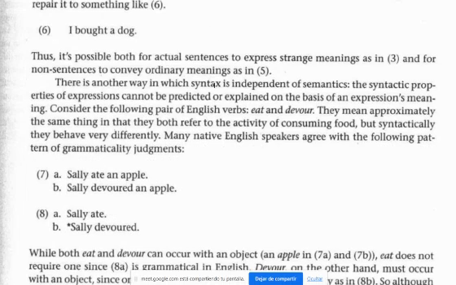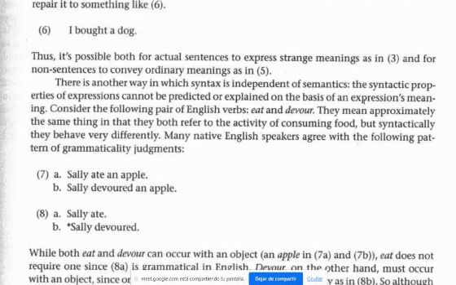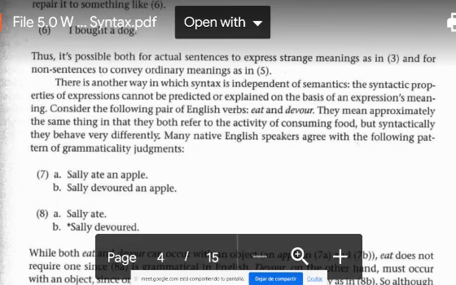There is another way in which syntax is independent of semantics. What is that other way? The syntactic properties of an expression cannot be predicted or explained on the basis of the expression's meaning. Consider the following pair of English verbs, eat and devour. What is the meaning of eat? In Spanish, it is comer. Devour, I think, is devorar. But they mean approximately the same thing, in that they both refer to the activity of consuming food. That is the meaning. But syntactically, they have very different